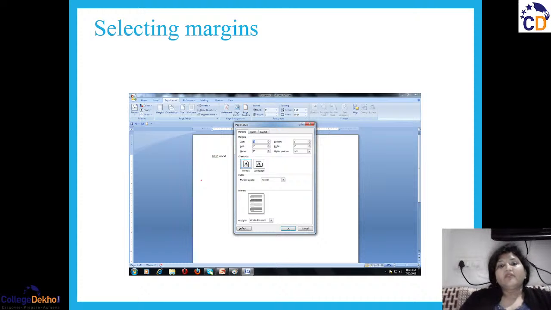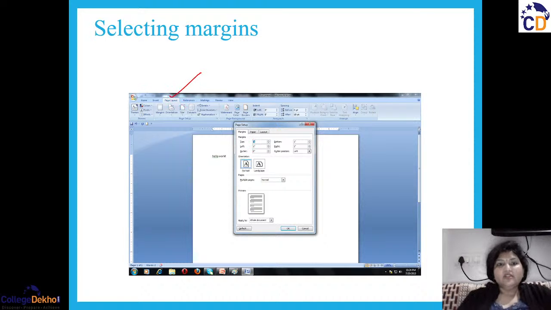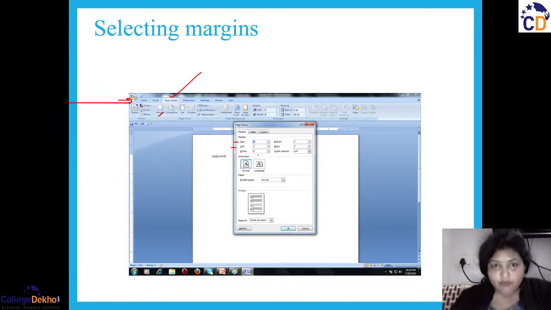So here we have the next command, select margins. You can select it from page layout, right? You can just move to the menu bar, where it is given, select page layout. From page layout you can get the margins here. You can select the margins and then just start with the margin part, right? You can select the top margin, you can select the left and right margin, you can have a gutter part also. Then you have the bottom margin,